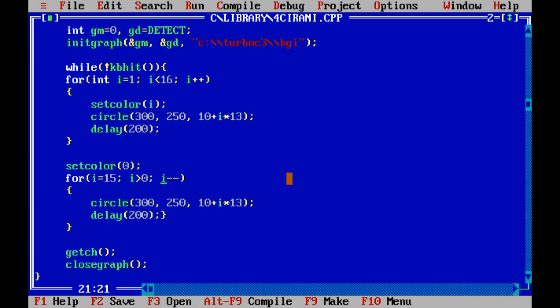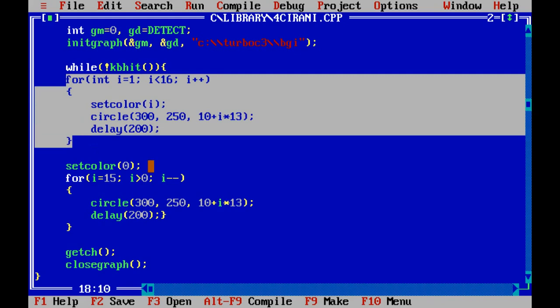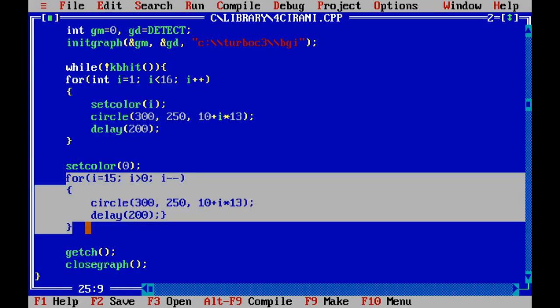So the circles drawn by the earlier for loop are vanished each iteration by this for loop, because each circle is drawn in black color over another circle. And the background color is black, so the newly drawn circle vanishes the earlier circle.